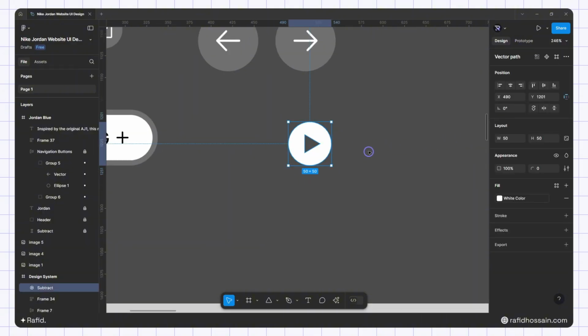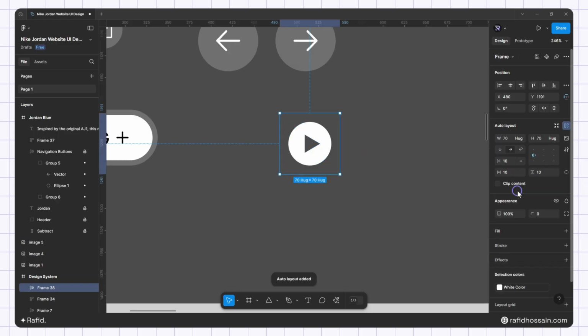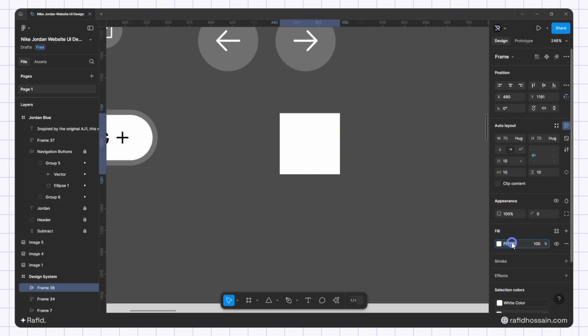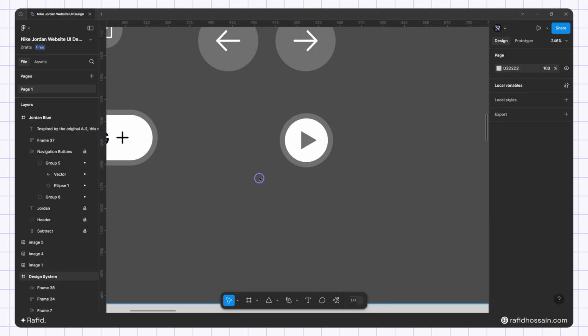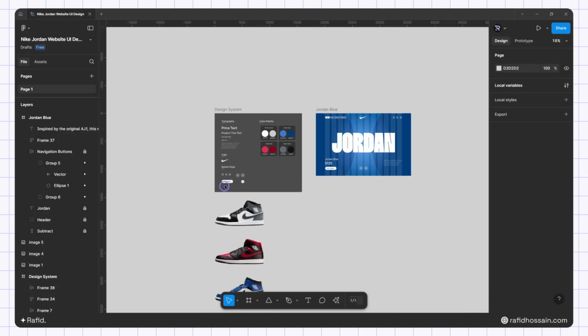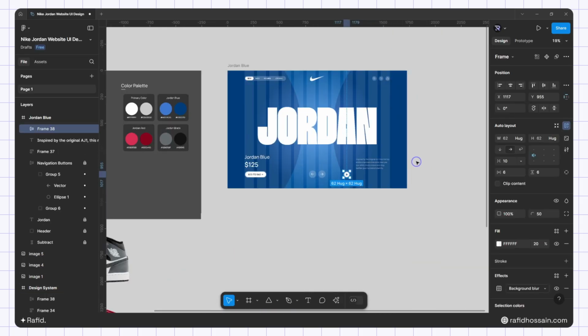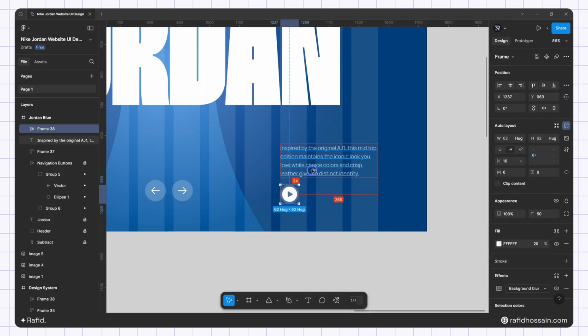Now I'll select this one and press Shift plus A to make them auto layout, and I'll add the fill color white with opacity 20, and add the effect background blur of 20. I'll make it 50% border radius, with left and right padding 6, and top and bottom padding 6 like this. So our video play button is ready, so I duplicate it from my design system and place it somewhere here,